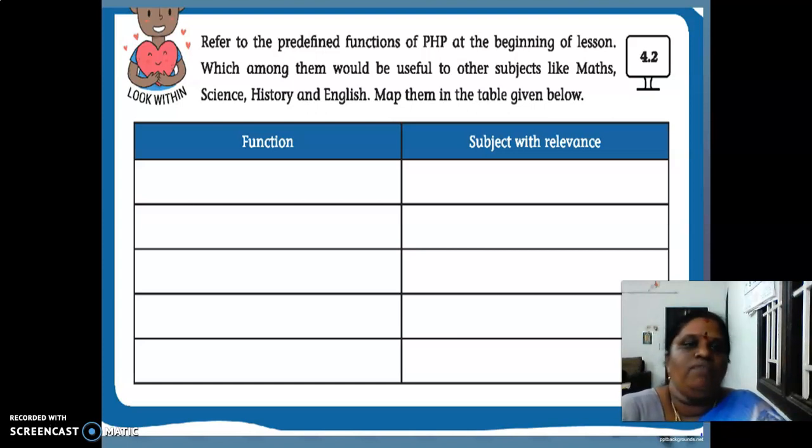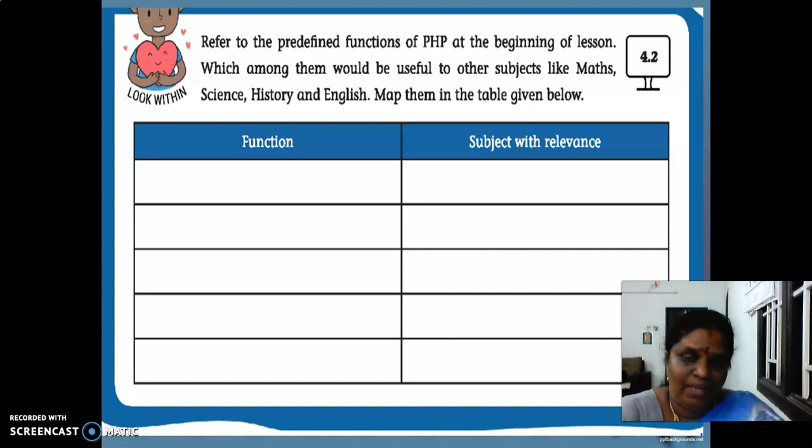Look within: refer to the predefined functions of PHP at the beginning of the lesson. Which among them would be useful to other subjects? Here some functions were given in your predefined functions, right? Like calendar function, array function, file manipulation. Which of these functions are relevant to which subject, you want to write it.